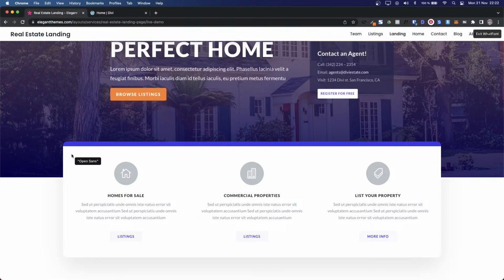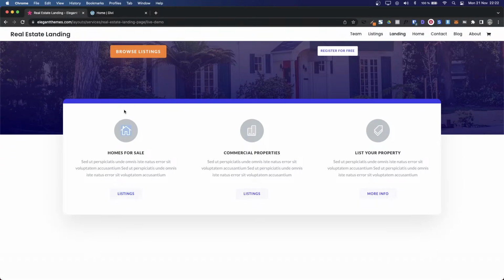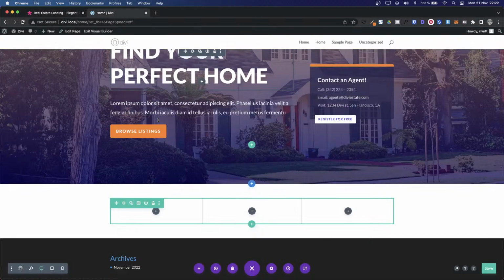It has a white background. It has a box shadow for what I can see. And here probably we have an image or a blur, I think it's called. So let's